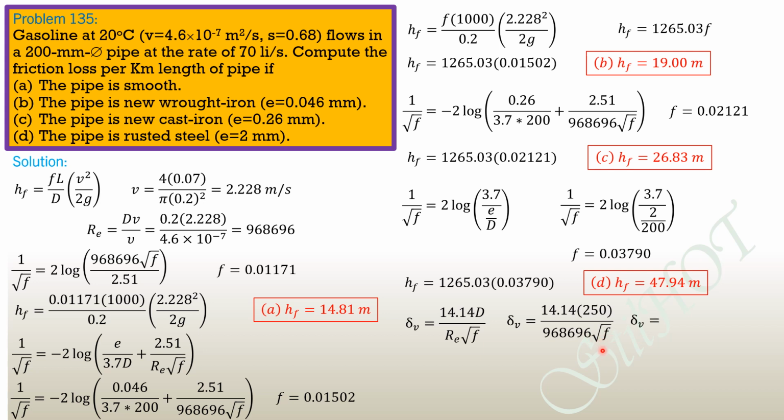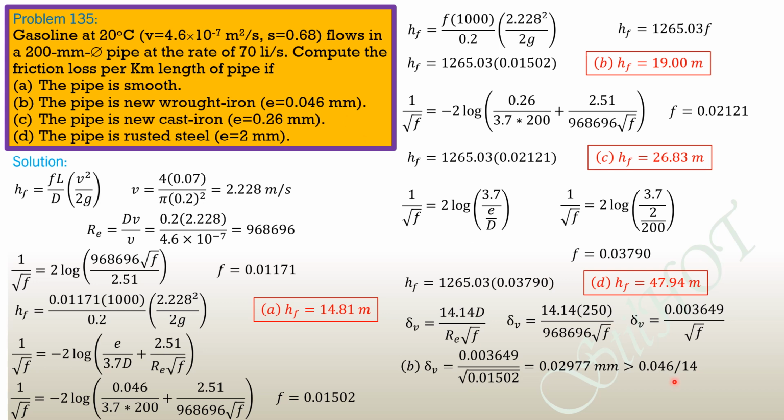So the thickness of the viscous sublayer is equal to 0.02977,